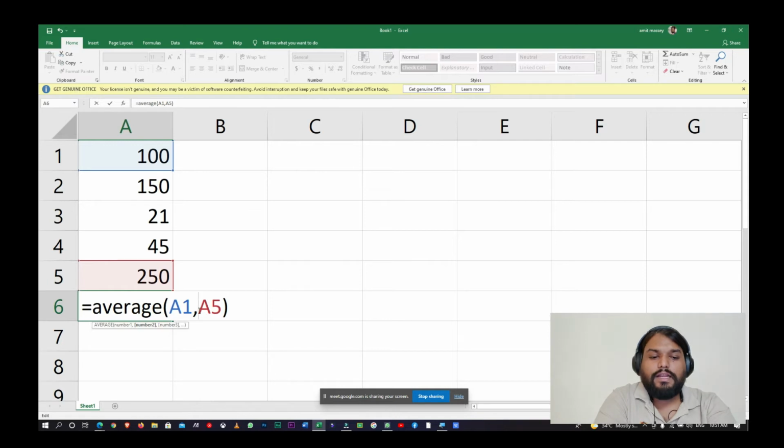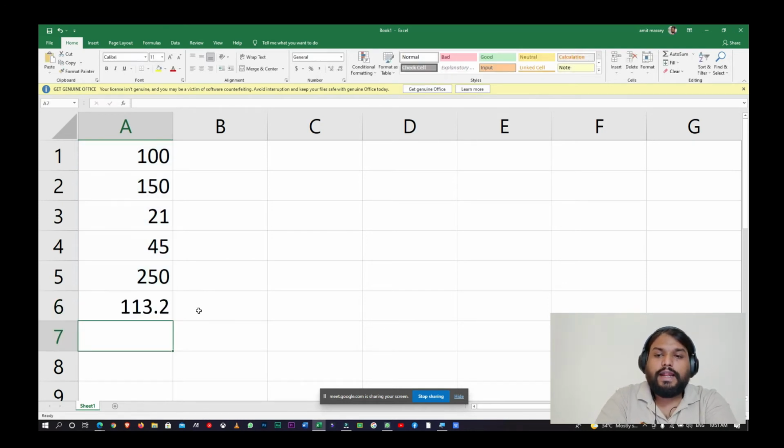Come inside, remove the comma, put your colon over there, and press enter, and this is how you can get your average. Okay children, this is how you can get your average with the help of the average function.